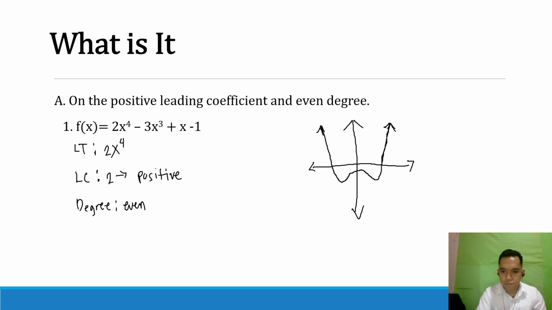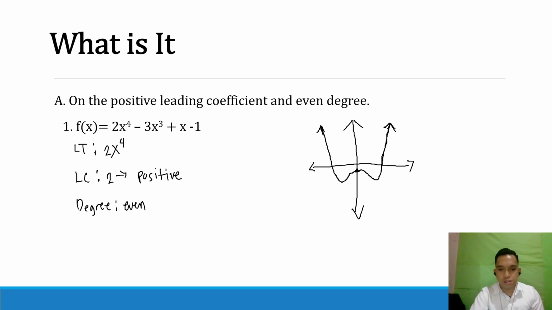Okay? So since yung ating dulo is negative 1, so dadaan yan dito sa negative 1. Sa example, dito yung ating negative 1. Dadaan yung ating graph dyan. So hindi lang tayo mayroong isang curve, kundi meron tayong dalawang curve dito. Okay? So since the exponent is 4. So we have,